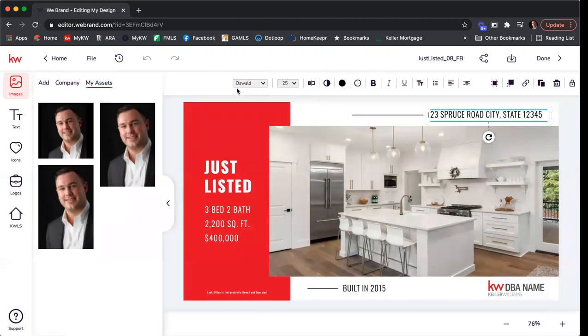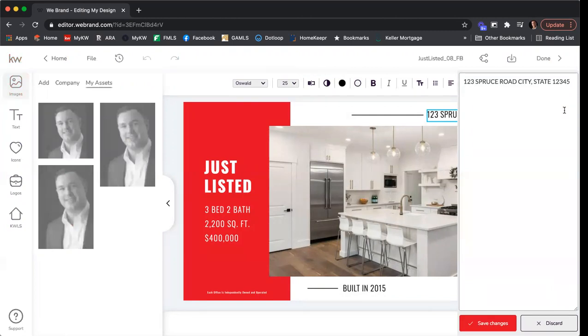When you click on the text, here's all these different options of things that we can edit. We can actually edit the font, the size. We can edit what the actual text is, the opacity, the fill color, the stroke color, bold, italic, all the normal editing options. Now you do have the ability to double click into the text to start editing the text. But I'll tell you this, with using this program, I personally prefer to click on the typewriter button. And this is a little pop-up window here. And then I can quickly type in